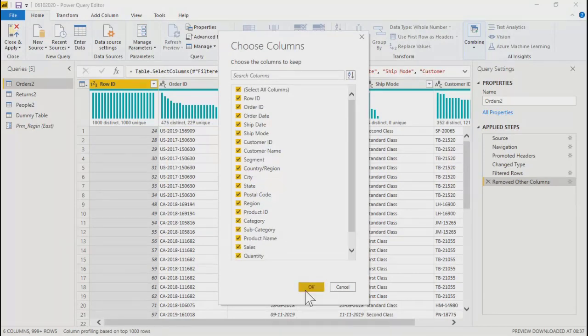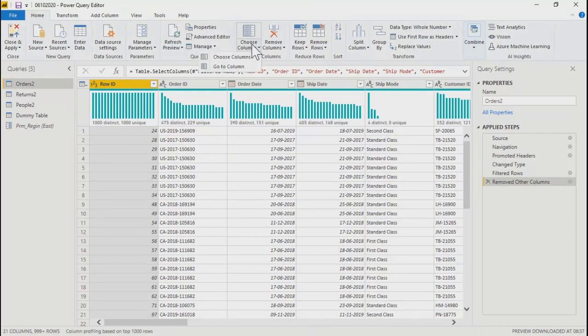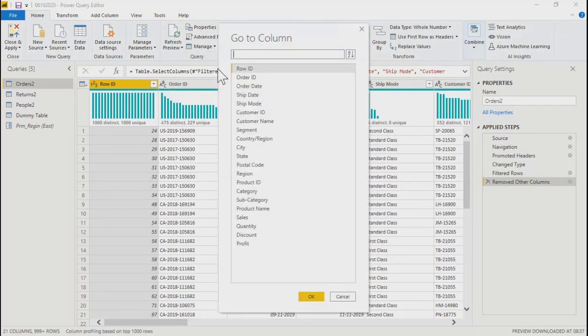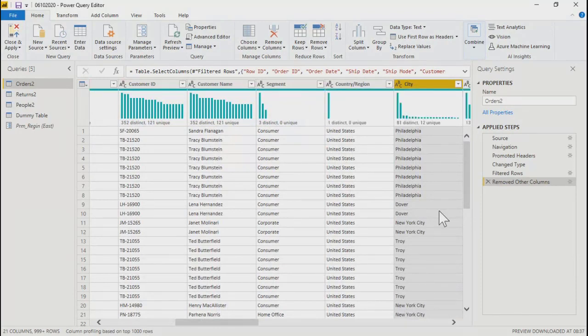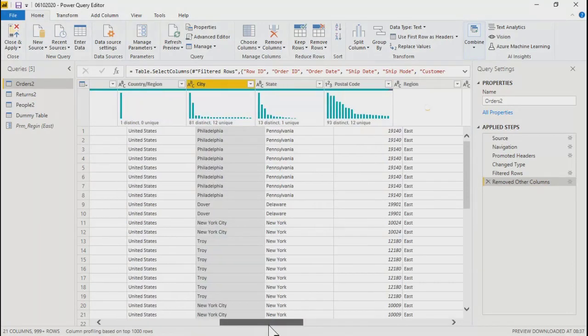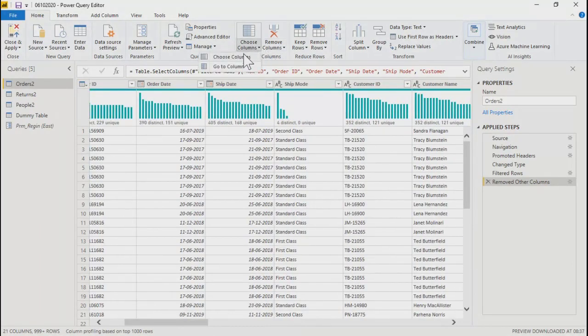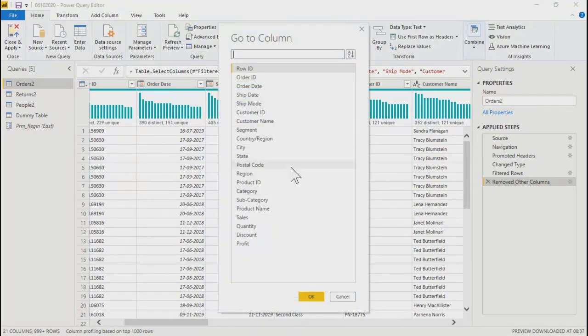And we'll say okay. The last option which we saw here, go to column, as I said, nothing much. You can just select customer ID or ship mode, whatever column you select, it will navigate you to that particular column. So I selected city. Now I'm at city. It's just for navigation purpose, right? But the good thing is, you can see all your column list over here. So you know what all fields you got in your data. You can sort it by name, by natural order.